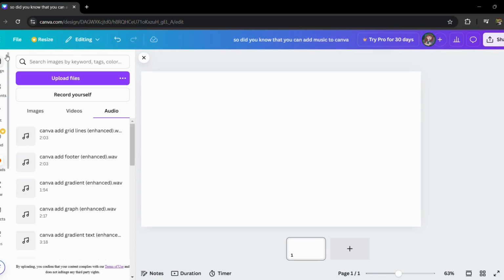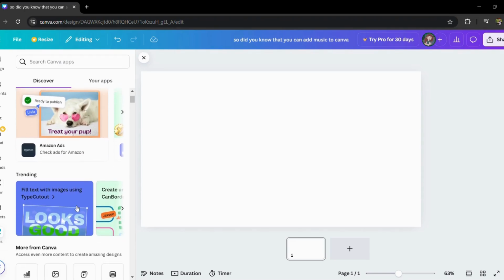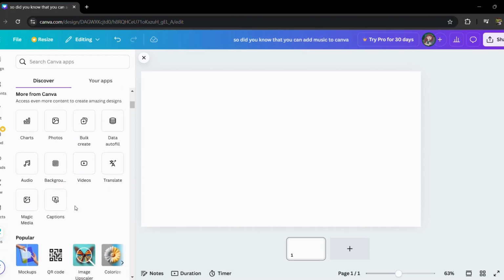So in this left corner, you can see all this option. All you have to do is go all the way down. Let's go to the app. So actually there are two ways where you can add music of Spotify. I'm going to show you both ways, don't worry. So let's go all the way down, and here